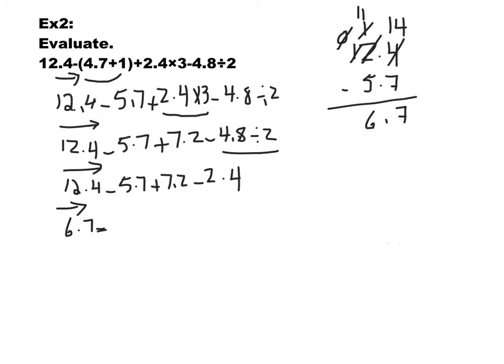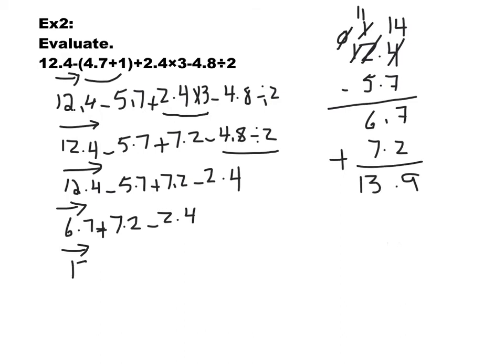plus 7.2 minus 2.4. Again, scan from left to right. I will do addition first. So I'm going to say 6.7 plus 7.2. 7 plus 2 is 9, and then 6 plus 7 is 13. So I'm going to get 13.9